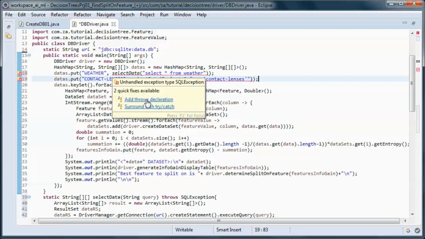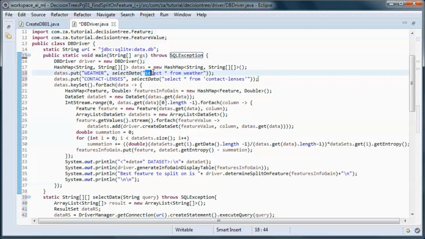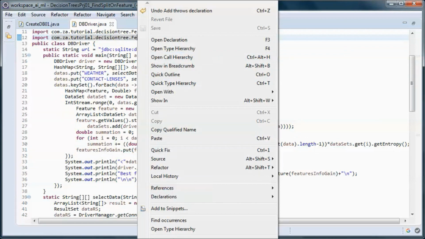So this is a query to pick up the weather data, and this one to pick up the contact lenses data. So now if we try to run it,